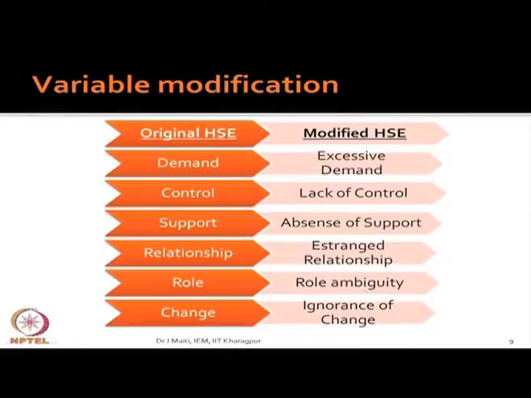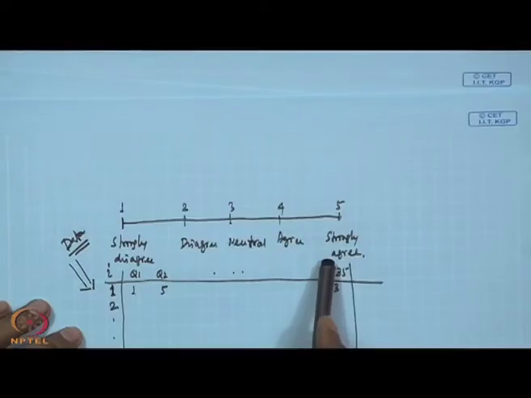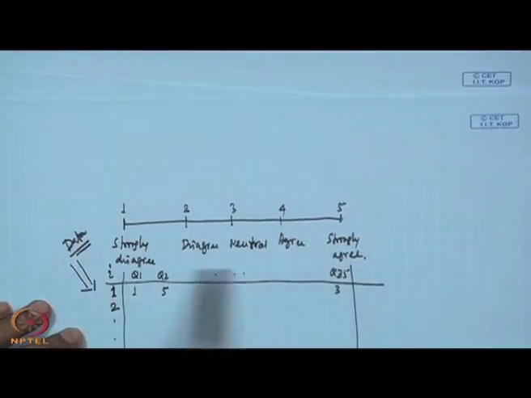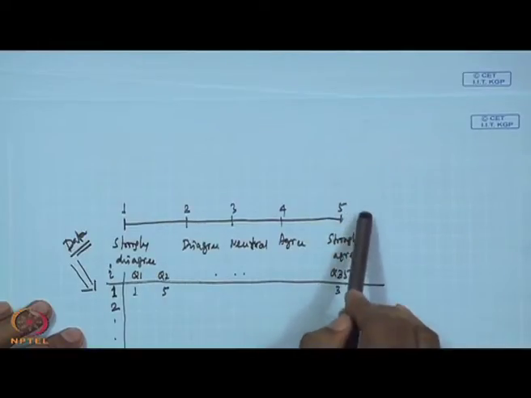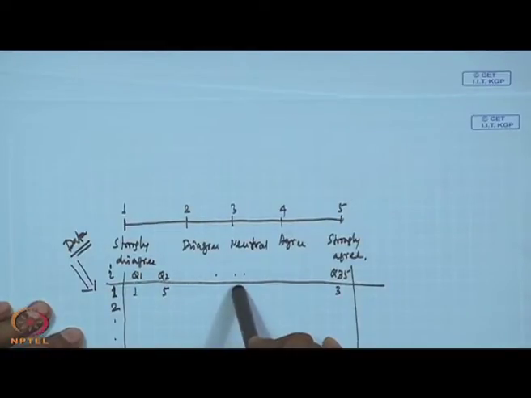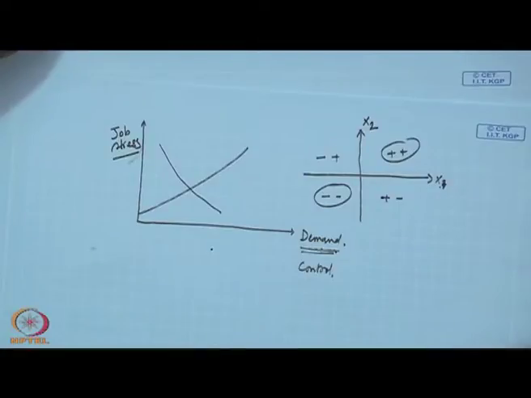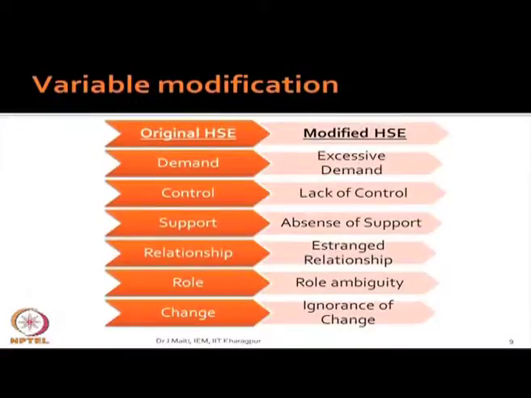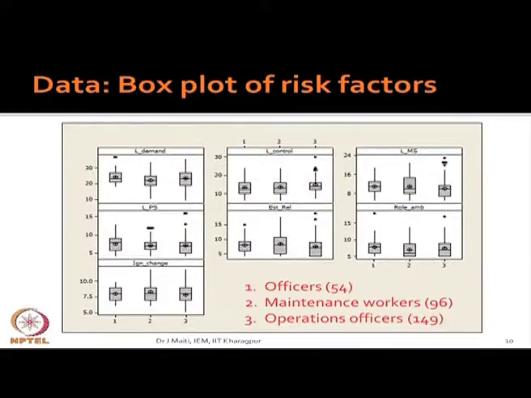So, in that way we have changed the variables, and accordingly the questions in the data collected also had to be changed. Suppose those questions which are positive in nature, for example, control: strongly agree, that means 5, will be reducing the job stress. So, we have reversed the questions also. Reversal is required for the questions in the sense we are developing, and accordingly we have gathered the information. Now, this is the status from the box plot point of view.